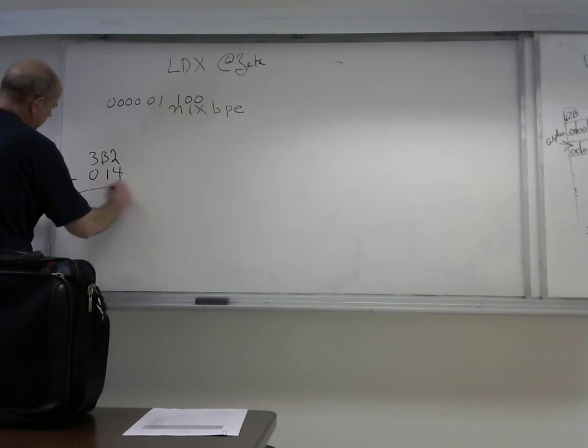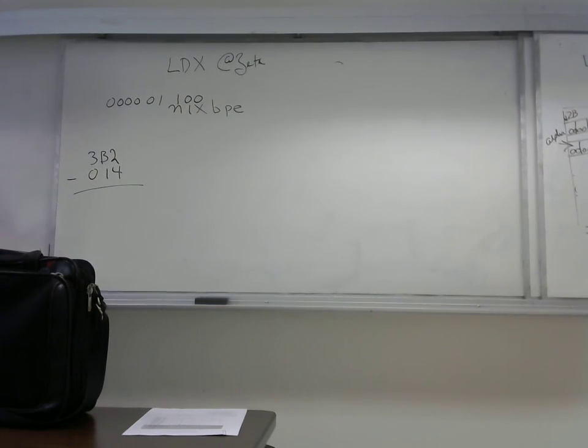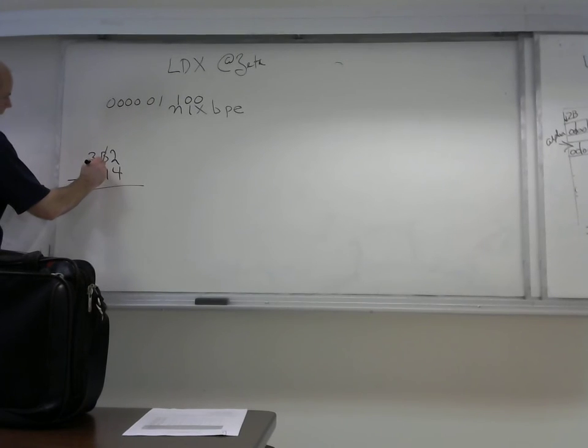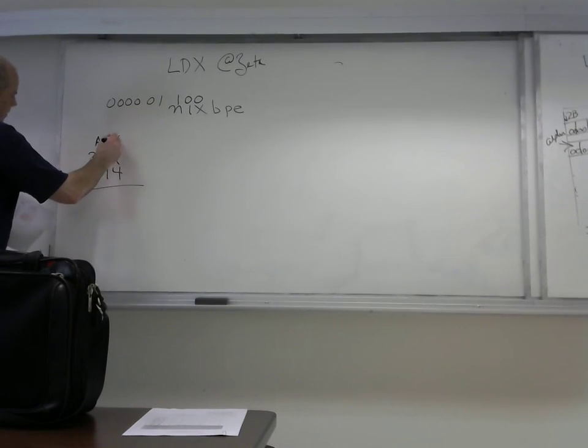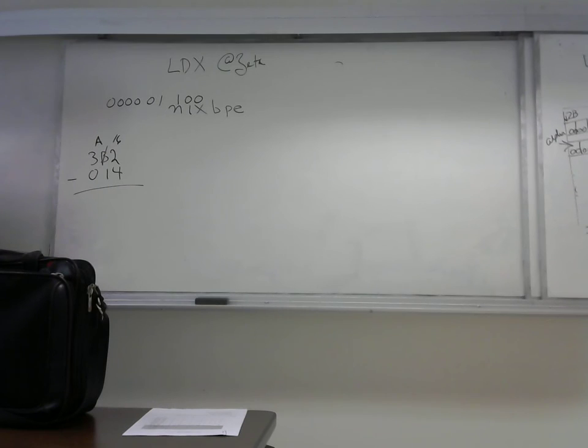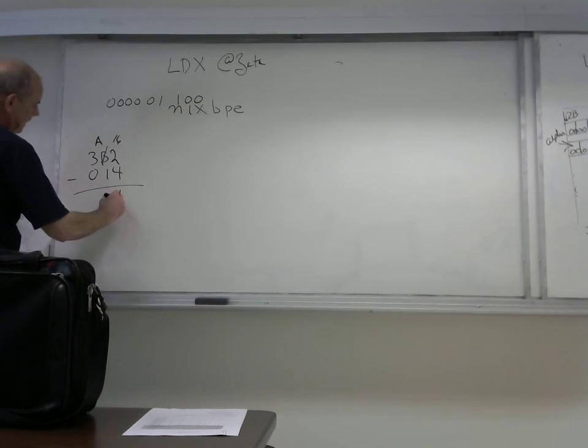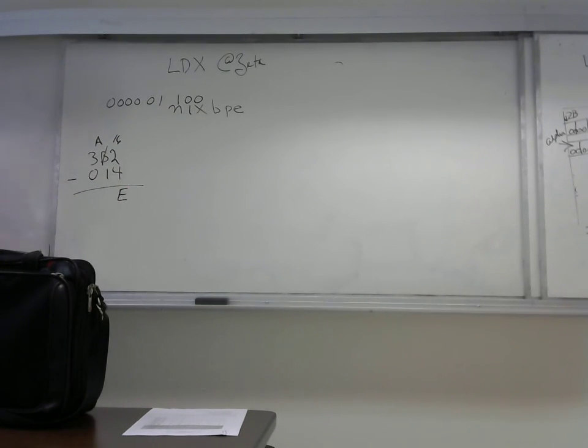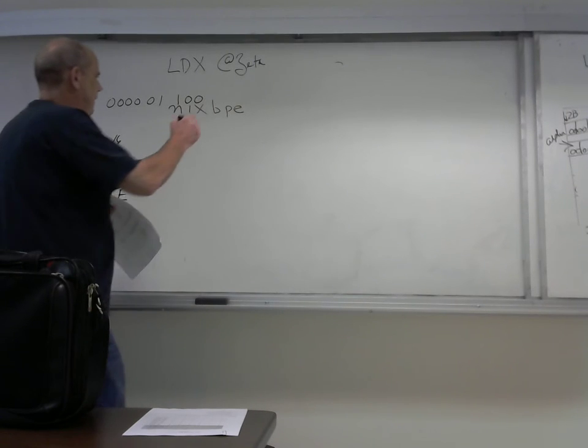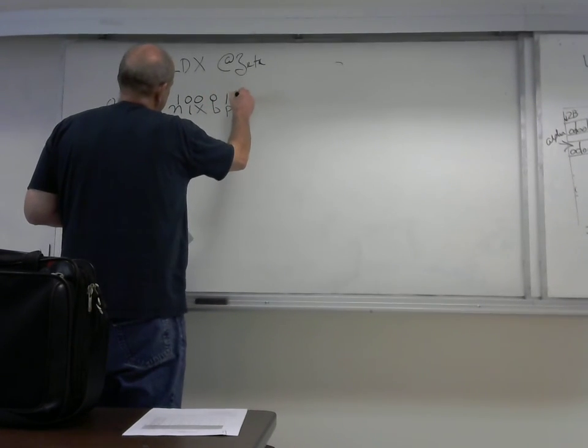We subtract, cancel the B, we have A. We borrow 16, we have 2, that's 18 minus 4 is 14, that's E. You guys can do this, right? Okay. A minus 1 is 9. 3 minus 0 is 3. Go forward 39E bytes and read what's in memory there. There's your displacement. So this would be PC relative not extended